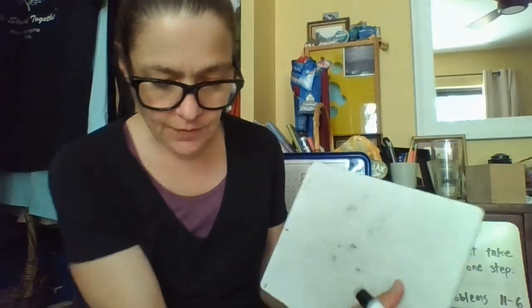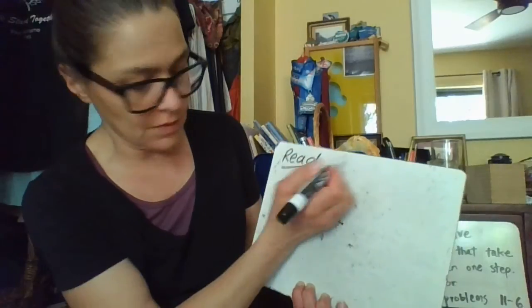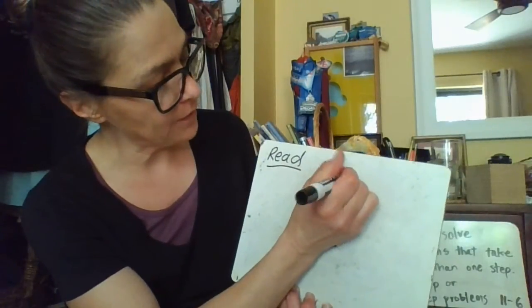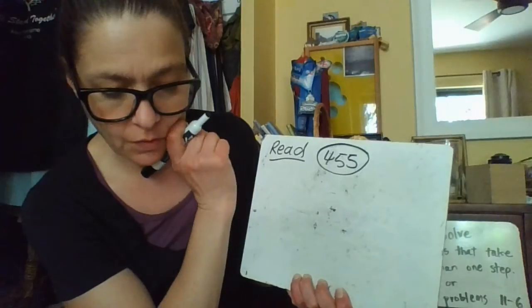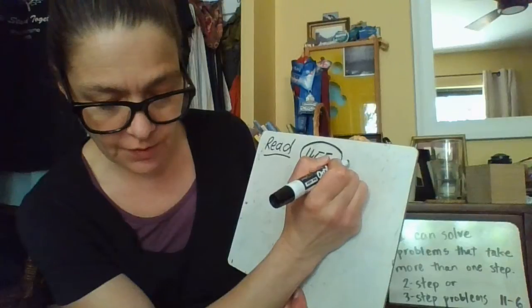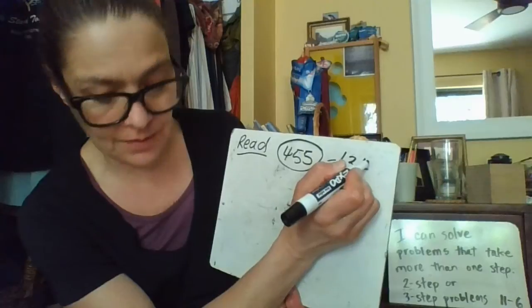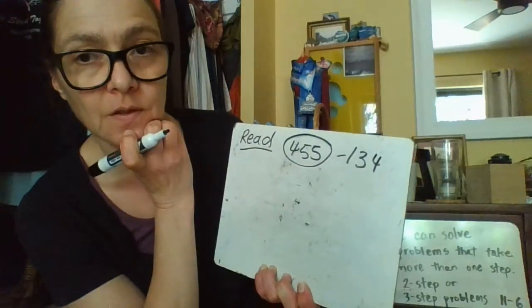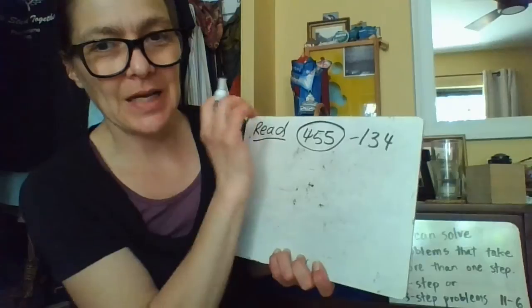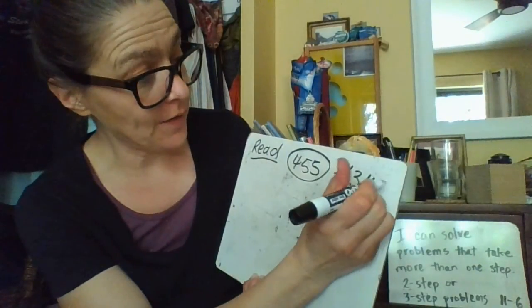Okay. Kim has 455 shells. So read is the first thing you do. Read the story problem. 455 shells. Circle 455. First, she gives 134 of the shells to a friend. So I already know that's going to be minus. She's giving some away. So that's take away, minus. So I'm going to have to find that answer. That's step 1. Then she finds